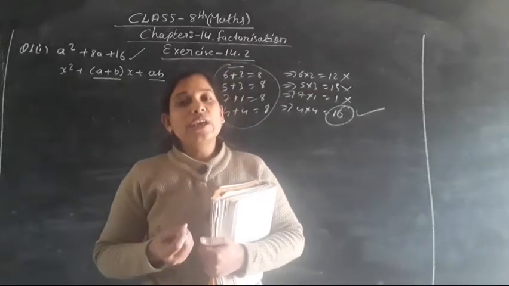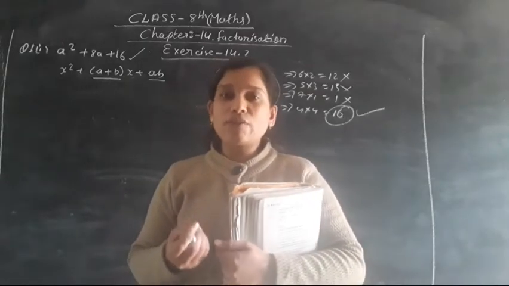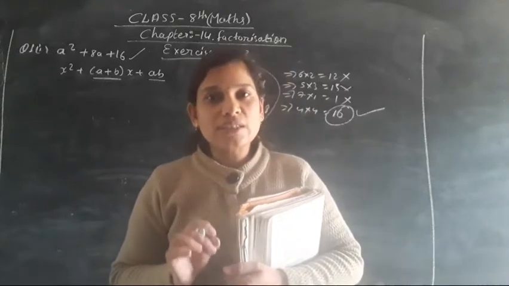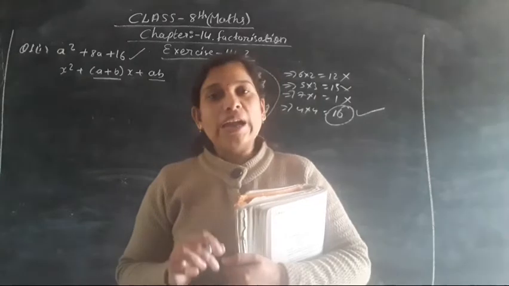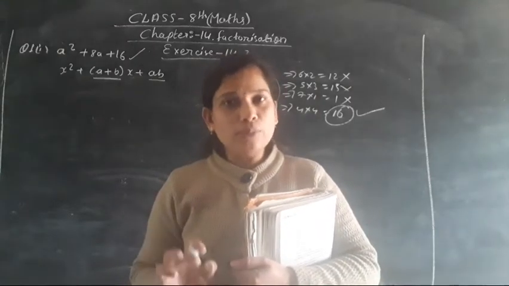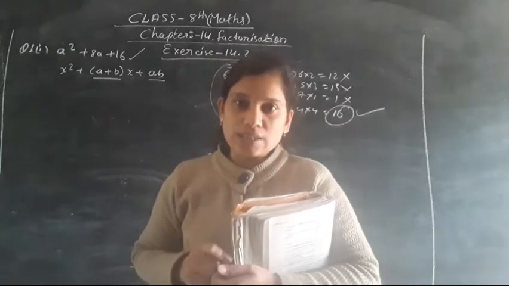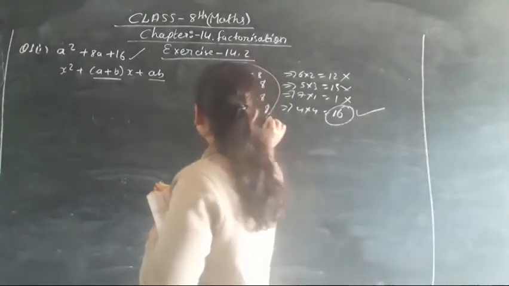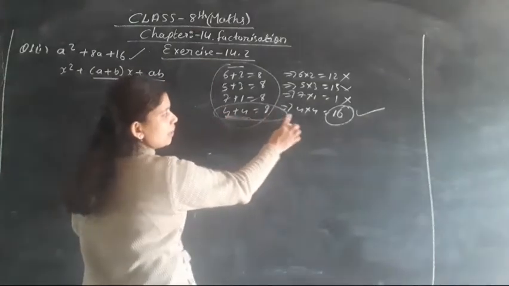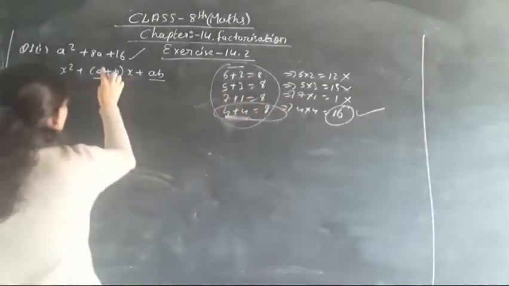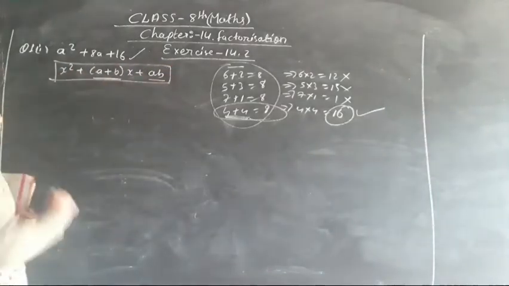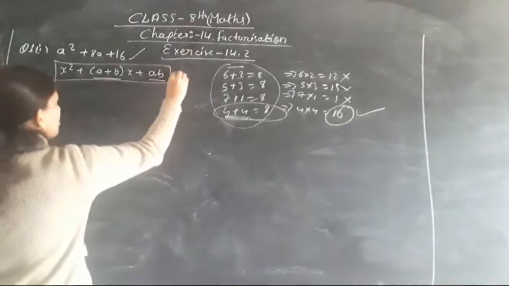That means you have to split the middle term in such a way that while doing the addition or subtraction, the middle term should come, and while doing the multiplication, you always have to multiply the same two numbers in order to bring the last number. So here we are going to take 4 as the correct number, because adding 4 plus 4, 8 is coming, and 4 into 4, 16 is coming. So this is the number. And this is the expression of splitting the middle term.